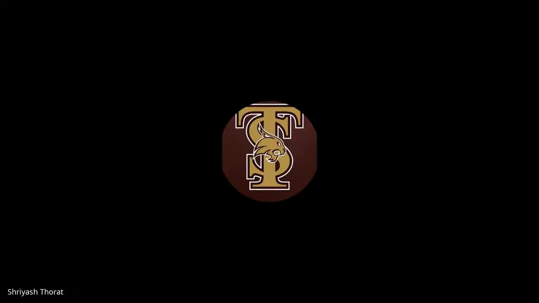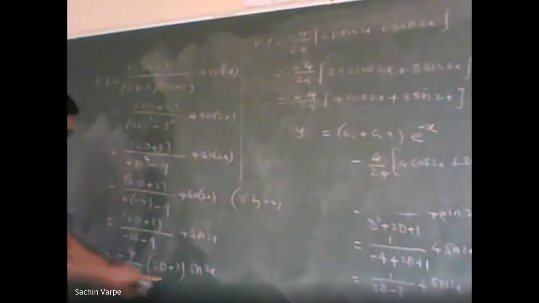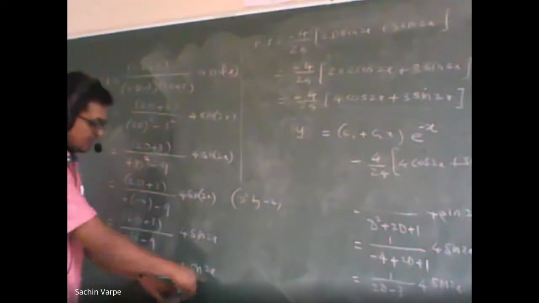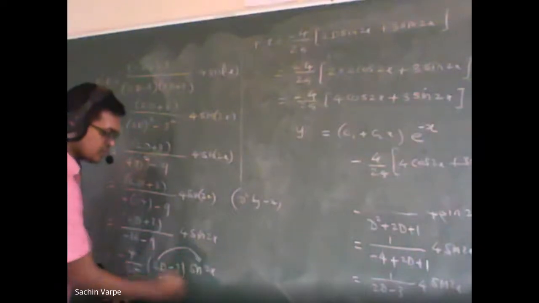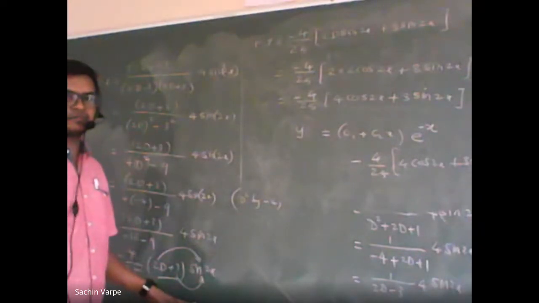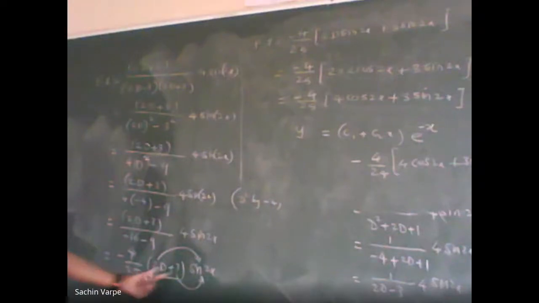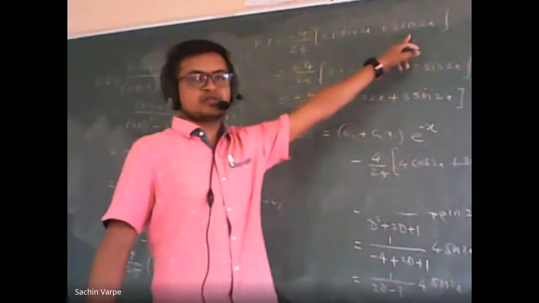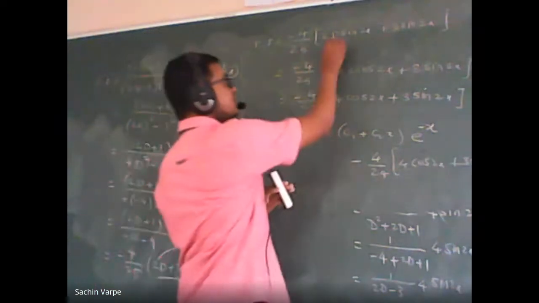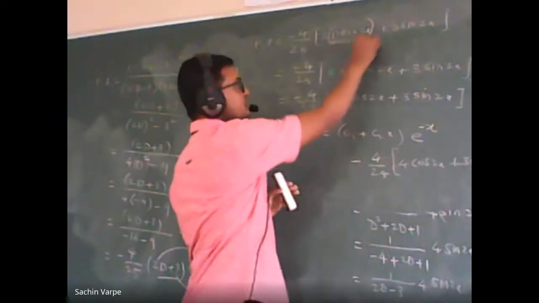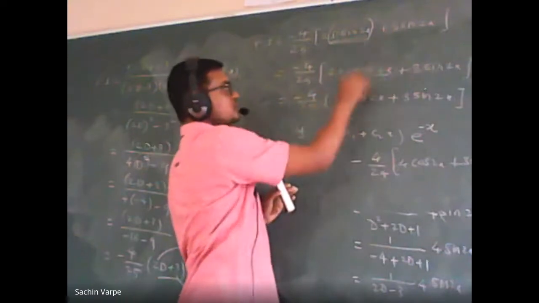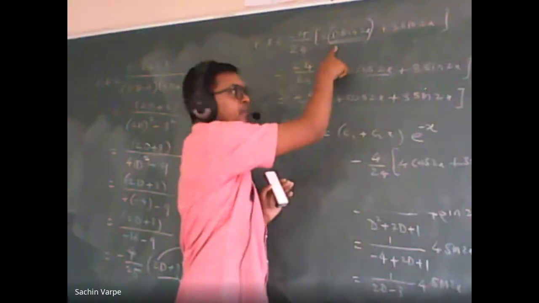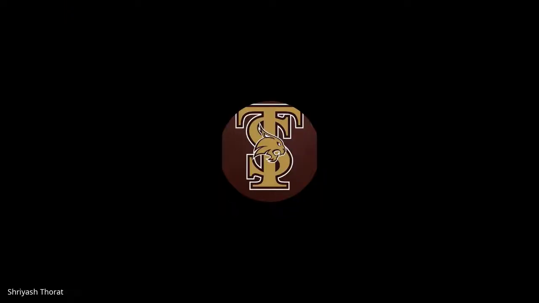Sir, can you tell the step you have done after minus 4 by 25 into 2d plus 3? Yes. Just I have opened this operator over this function. That means 2d of sine 2x plus 3 of sine 2x, like this. 2d of sine 2x plus 3 into sine 2x, isn't it? And then d of sine 2x is the derivative of sine 2x. So what is the derivative of sine 2x? Cos 2x into the derivative of 2x, which is again 2. So 2 cos 2x is the derivative of sine 2x, plus 3 into sine 2x. Is it okay? Okay. Thank you, sir. Okay, fine.